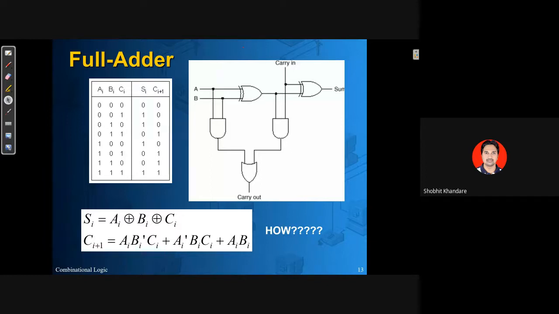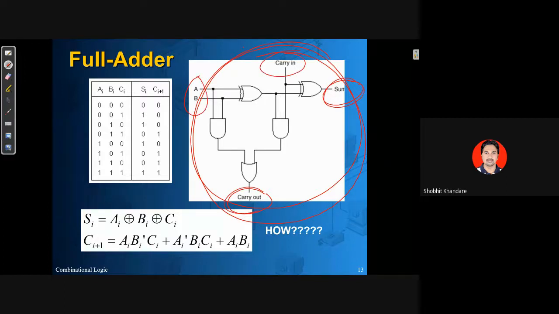And we have seen that this is nothing but the combinational circuit, जहाँ पे सिर्फ लॉजिक गेट्स है, आपका आउटपुट सम है, आपका आउटपुट कैरी आउट है, और आपके इनपुट्स ए बी और सी इन है. आपके सम और आपका कैरी आउट डिपेंड होता है ए बी और कैरी इन पे. So this is a purely combinational circuit. Okay. So the rest of the thing we will see in the next lecture.